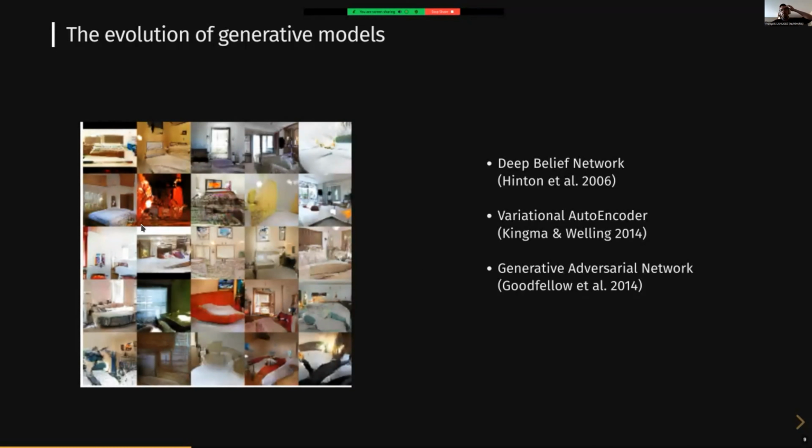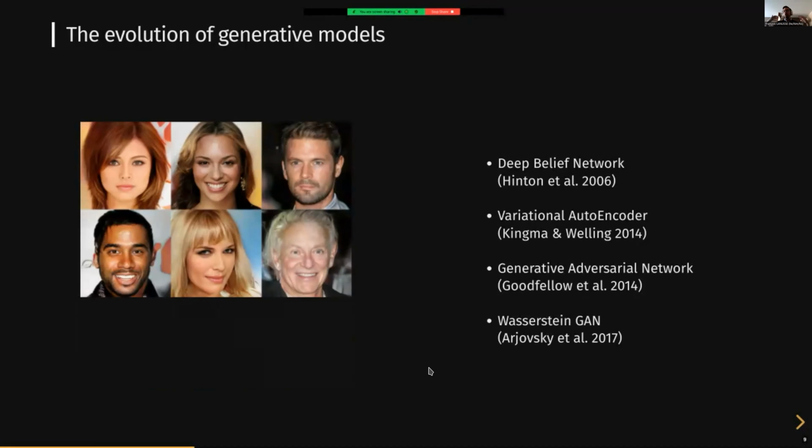Here, these images might be 64 by 64. That's already hundreds of dimensions. To the point where these models became so good that they can now generate samples from a distribution, like the distribution of faces of people, that are indistinguishable from real people, such as the one that you see here on the left. And they have kind of plateaued at that point. They keep getting better and better, but for our practical purposes, which I will show you afterwards, this is already pretty much as good as you can hope it to be.